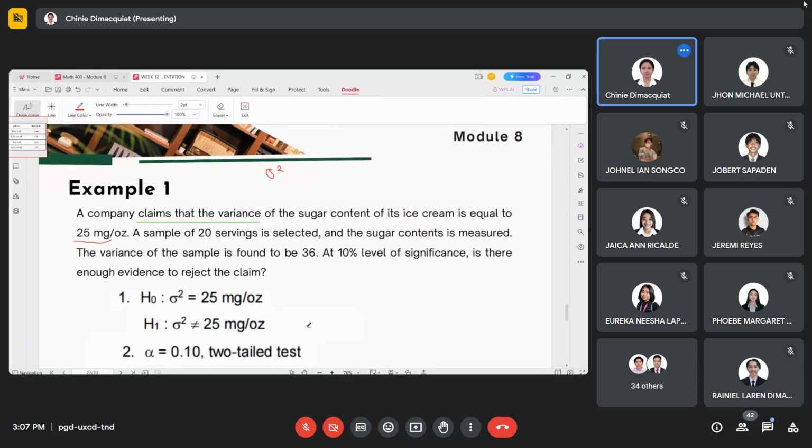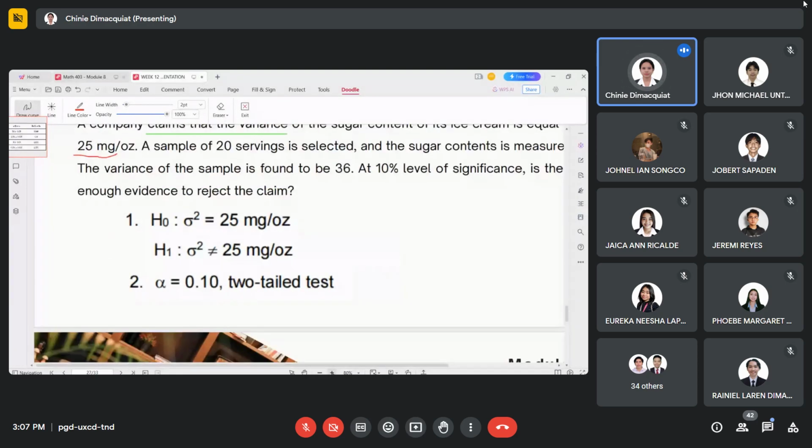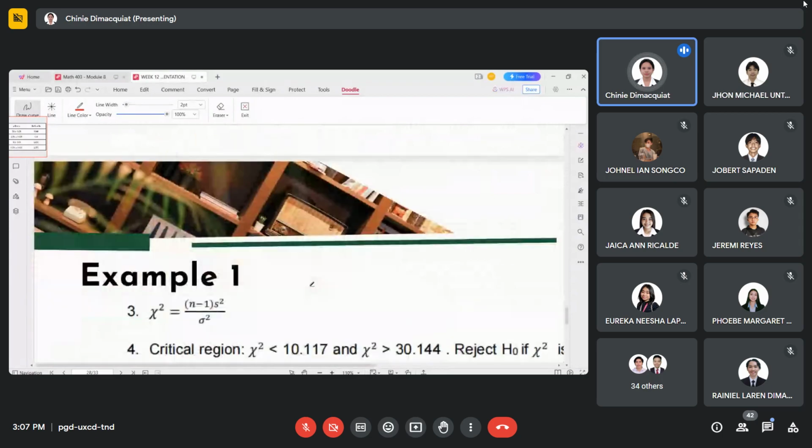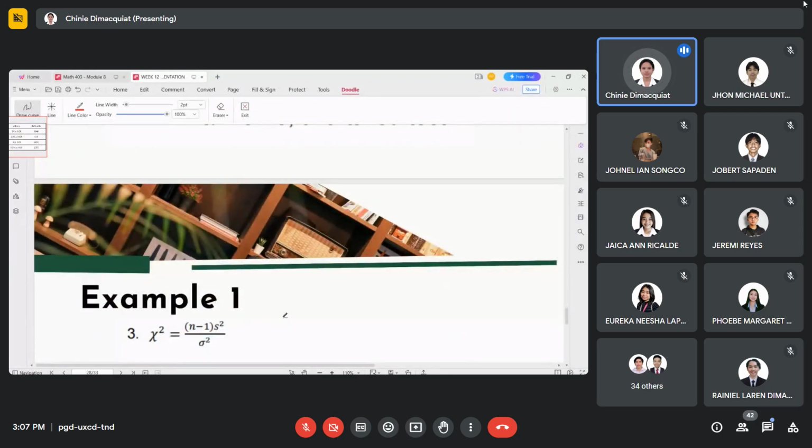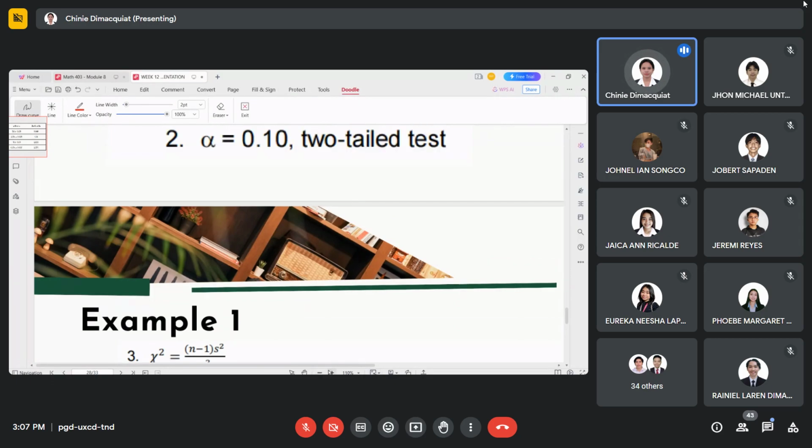Then, statistical test, since ito ay test on variance, chi-square. So, n minus 1 times our sample variance divided by population variance. So, ito po yung ating formula. Sample variance and population variance. Ayan. So, to get the critical values, so para magkaroon tayo ng basis,